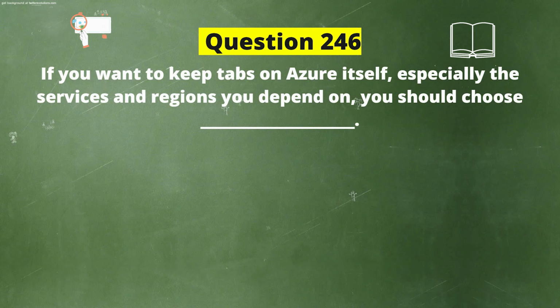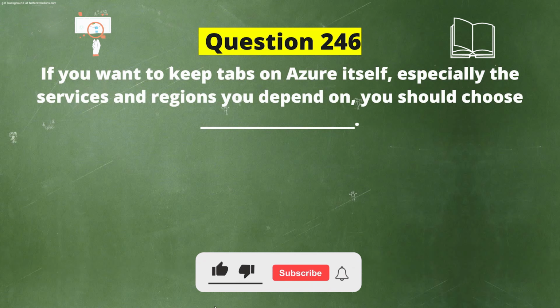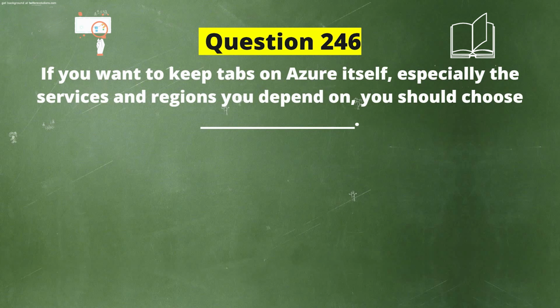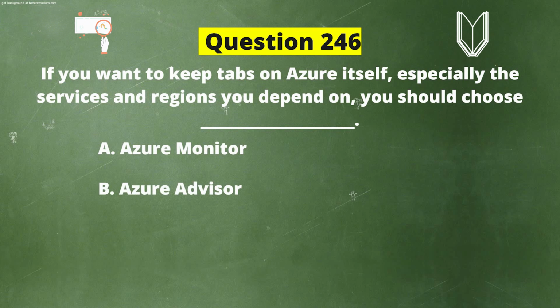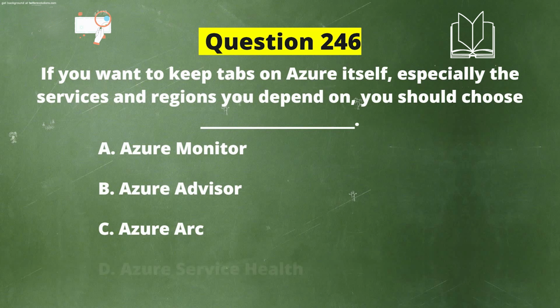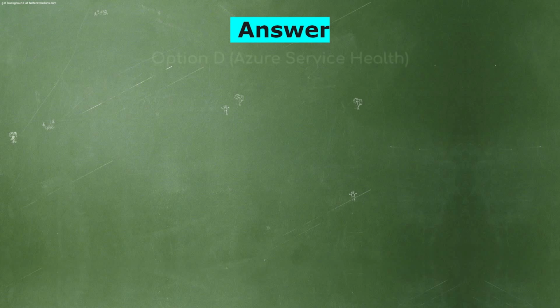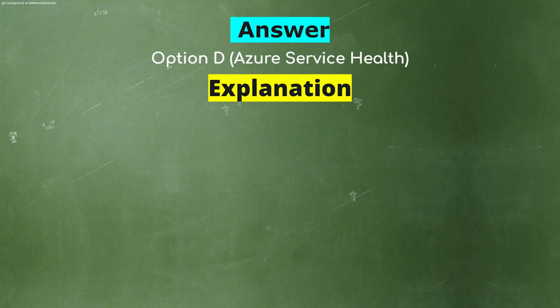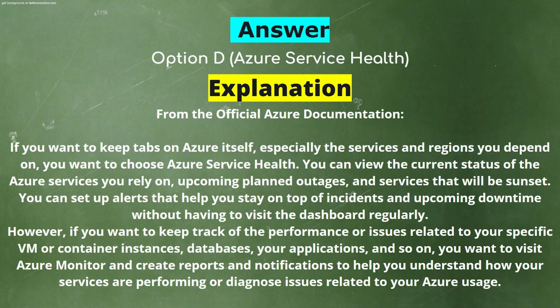Next question. If you want to keep tabs on Azure itself, especially the services and regions you depend on, you should choose dash. And the options are: A. Azure Monitor, B. Azure Advisor, C. Azure Arc, D. Azure Service Health, and the correct answer is option D. Azure Service Health. Explanation. If you want to keep tabs on Azure itself, especially the services and regions you depend